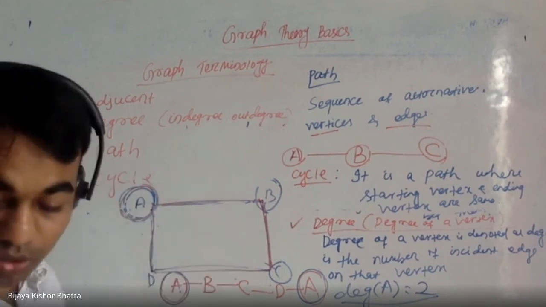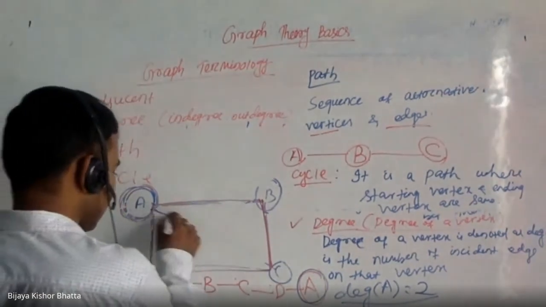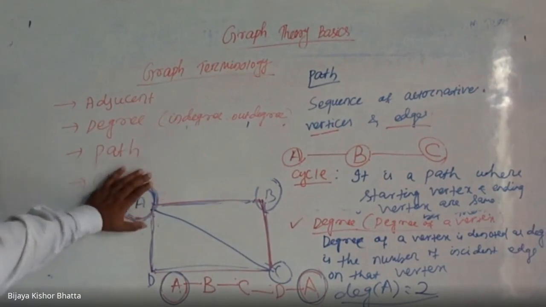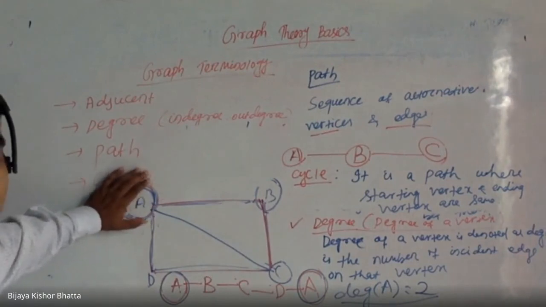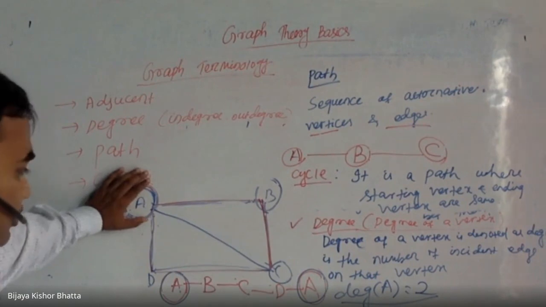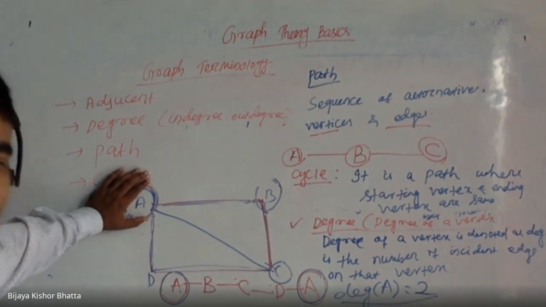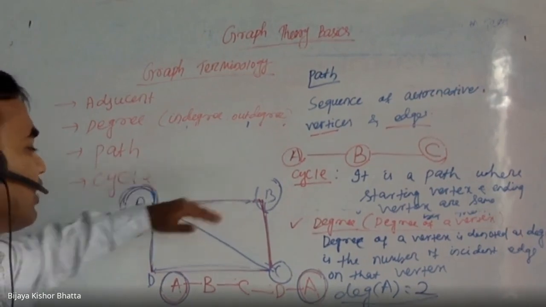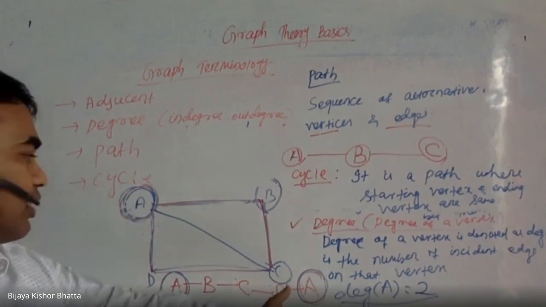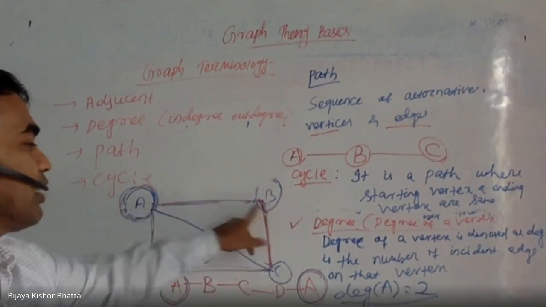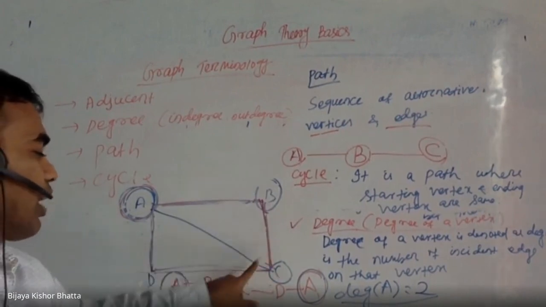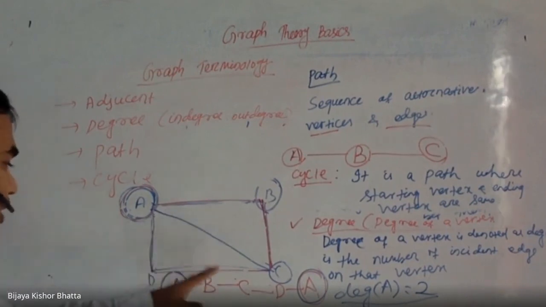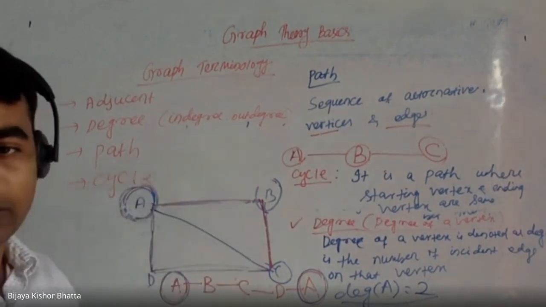Let me make this graph a little more complicated. Now tell me, what is the degree of this vertex A? 3, exactly. That is the number of edges connected to it, and that is known as the degree. What is the degree of B? It is 2. What is the degree of C? 1, 2, 3. How many edges are connected, that is as simple as that. I hope it is clear. Is it clear to everyone?